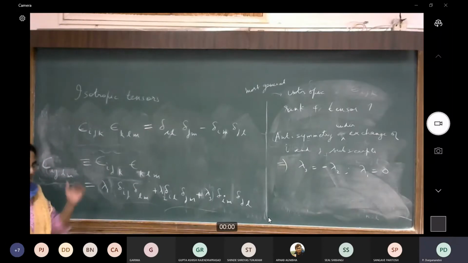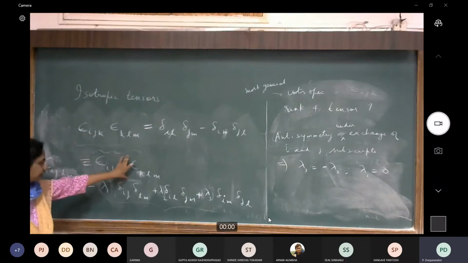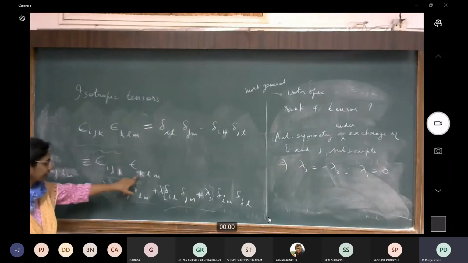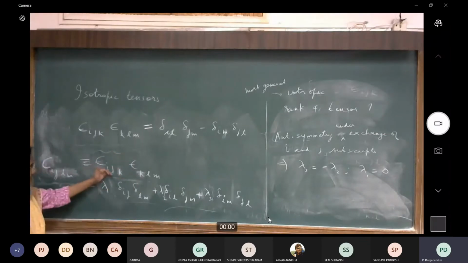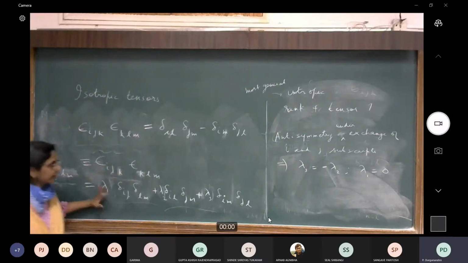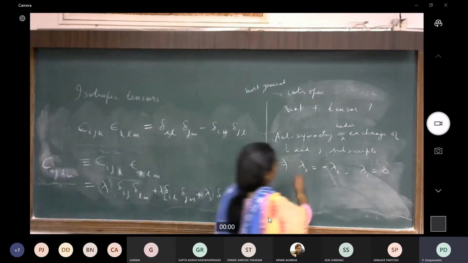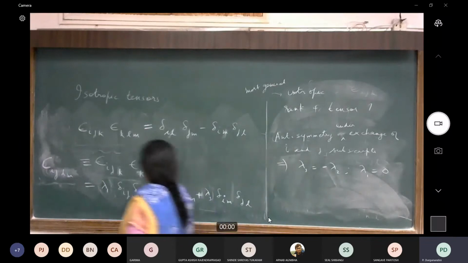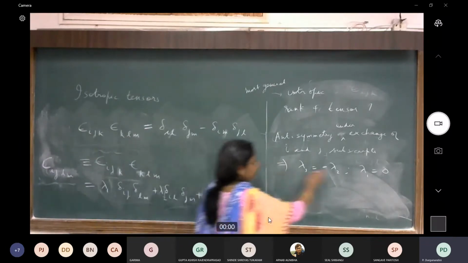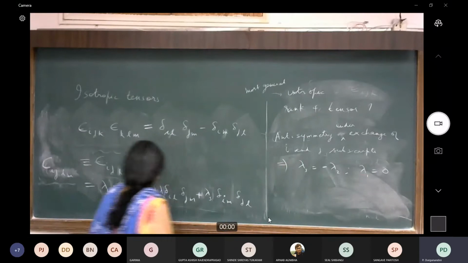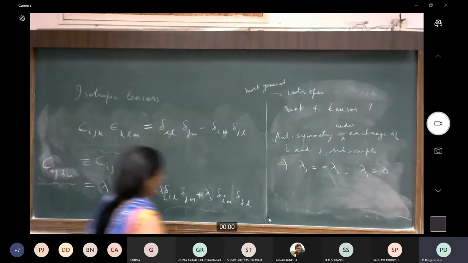So again, I want to recap the arguments. The first thing is this: this fourth rank tensor is a contraction of two sixth rank tensors by contracting in two of the indices. Then using the antisymmetry property, that this is now a fourth rank tensor with this antisymmetry property, which is coming from the fact that it has been constructed from two antisymmetric epsilon tensors, I can simply use that argument and say that whatever these numbers are, lambda 1, lambda 2, lambda 3, it must satisfy this condition. All right. So then immediately it tells me that I just have to have